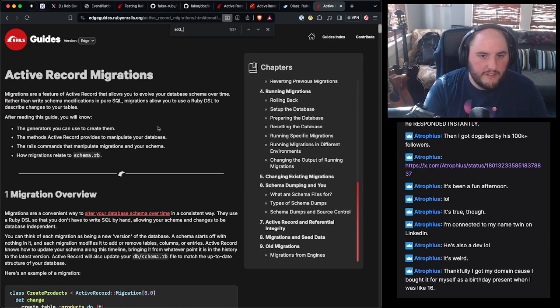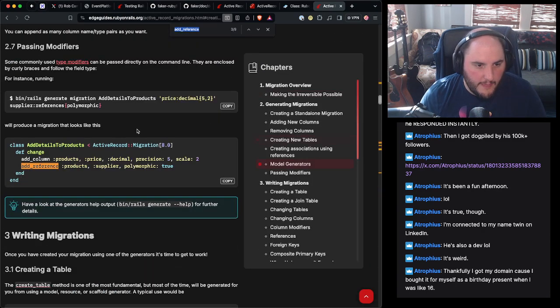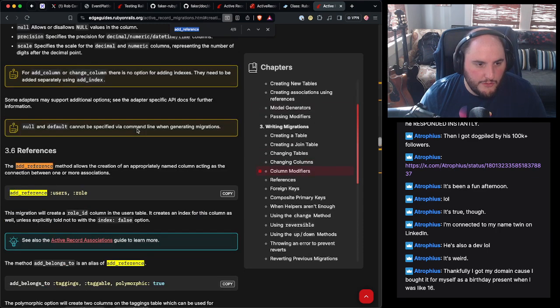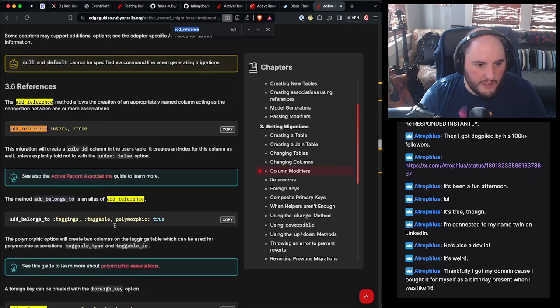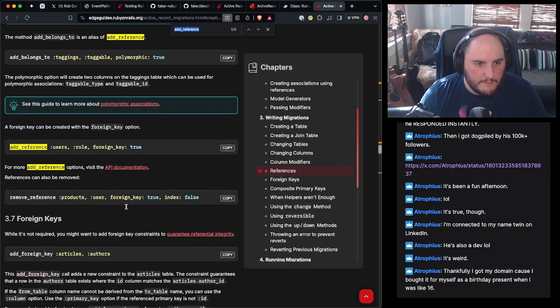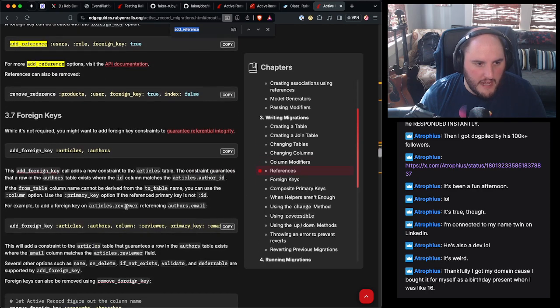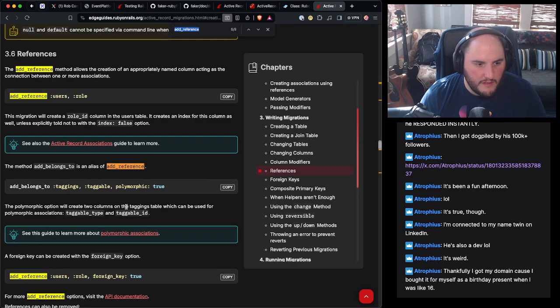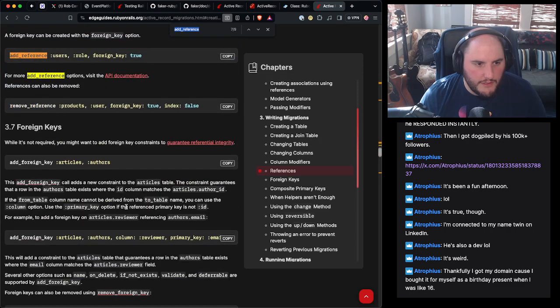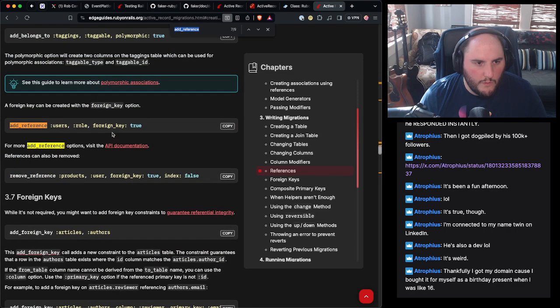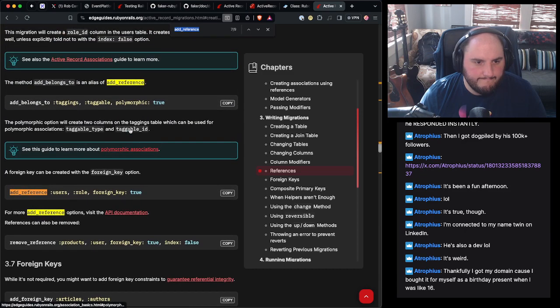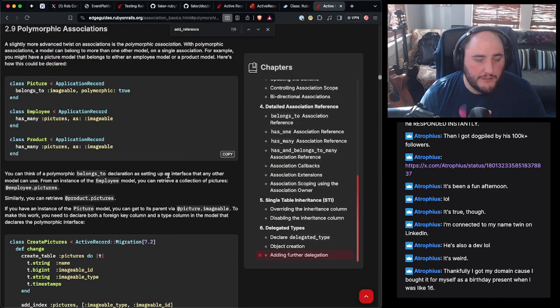So let's find add reference. And we wanted to do add reference with a custom name. So we want to add a polymorphic association. This is a little closer to what we want.